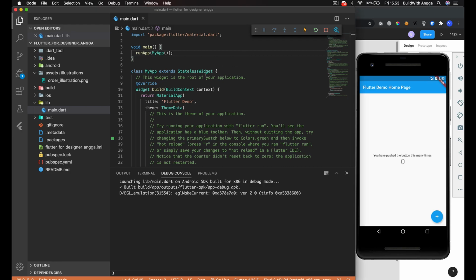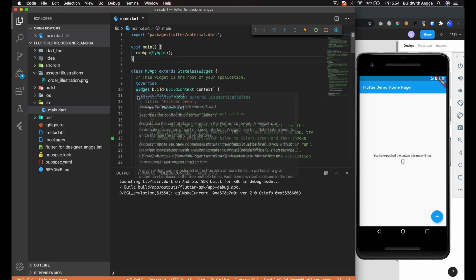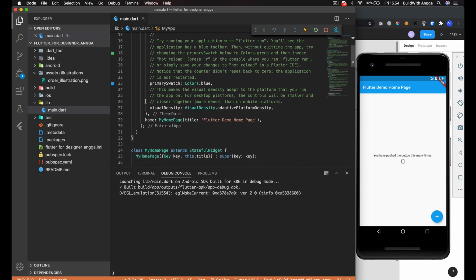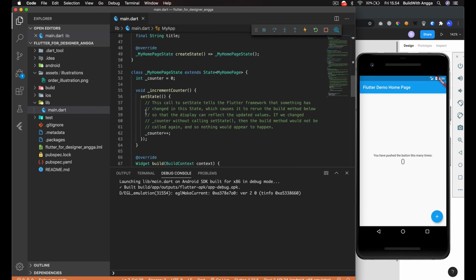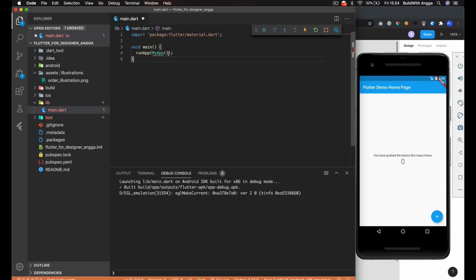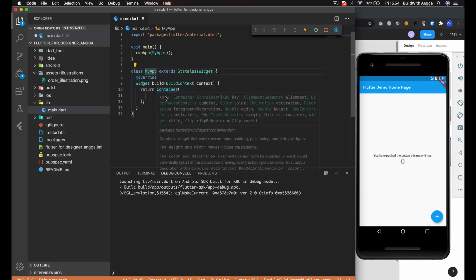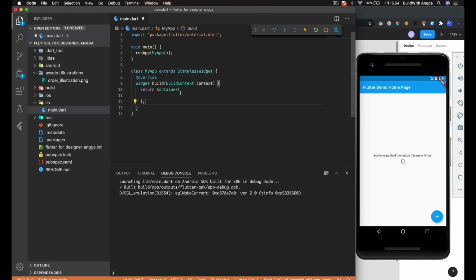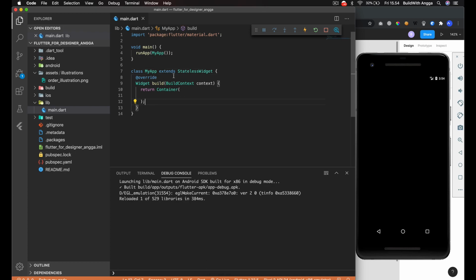Okay folks, so this is the sample project from Flutter. What we're going to do is remove all of this. I'm going to remove everything here that you can remove. Let me just copy these lines and then remove. So we need to make my app here. After that we're going to use the image that we just exported previously in our project.